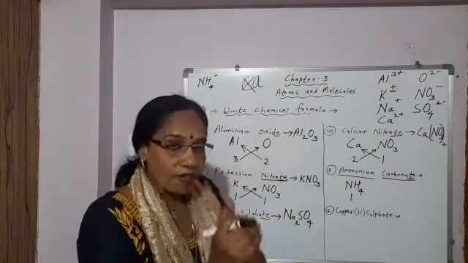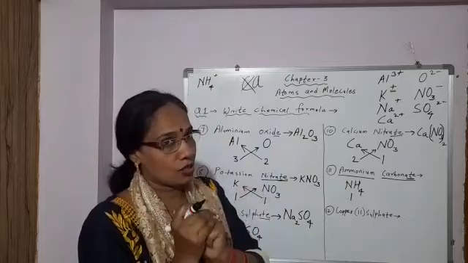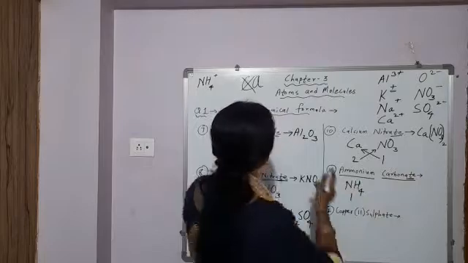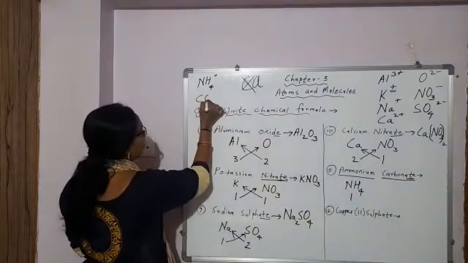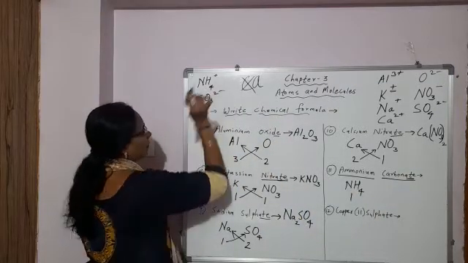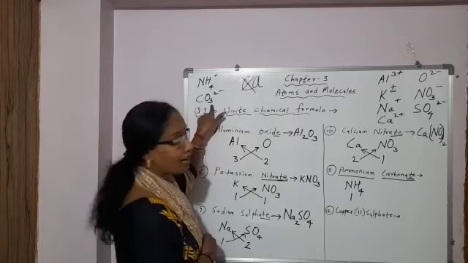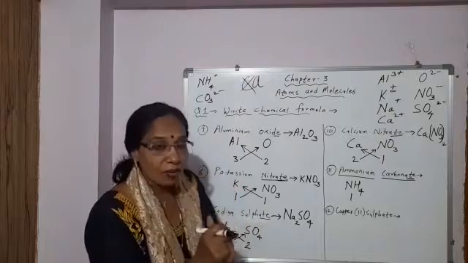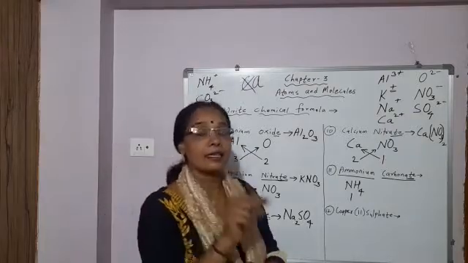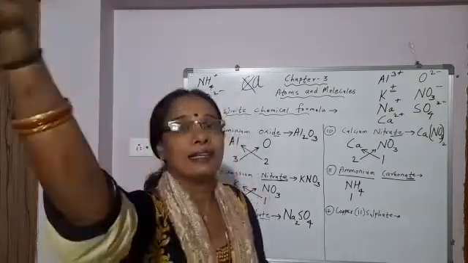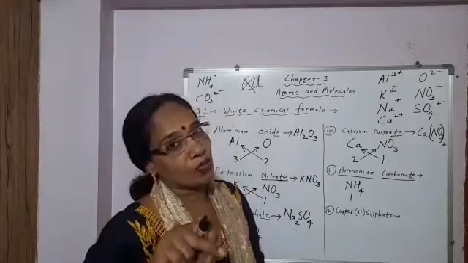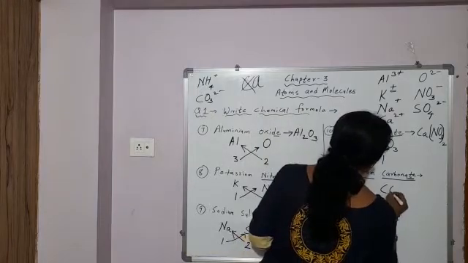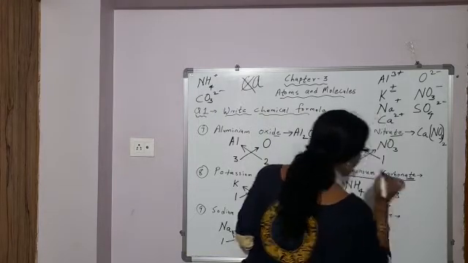Next, carbonate. Again, the ending is ate, which means a group of atoms carrying negative charge. So along with carbon, what will be there? Oxygen. And carbonate, what is the formula? CO3, 2 minus. So the 3 is not the valency, it comes in the formula. So what is the formula of the carbonate ion? CO3, 2 minus. 2 minus means what is the valency? 2.